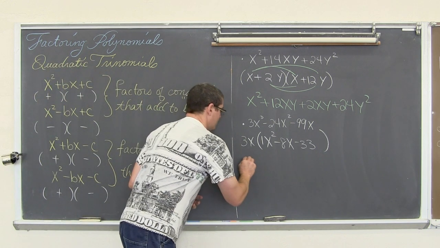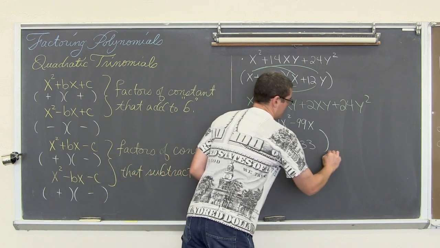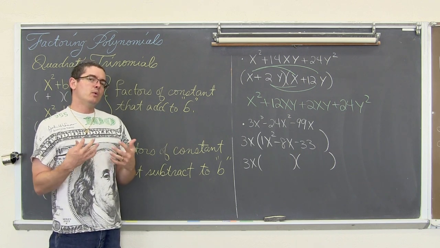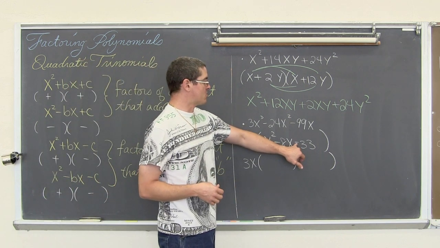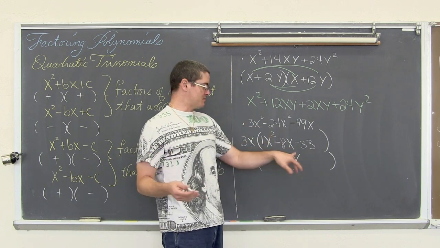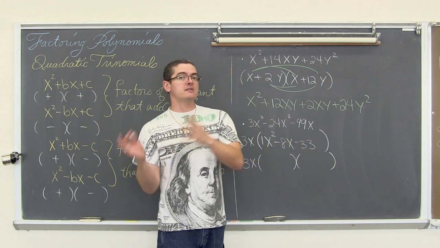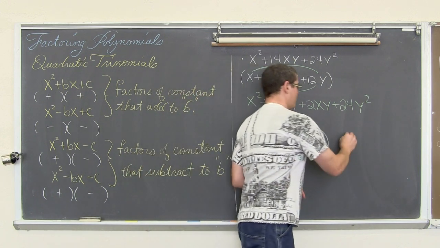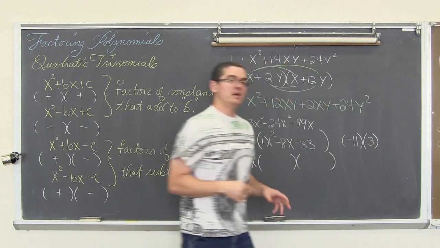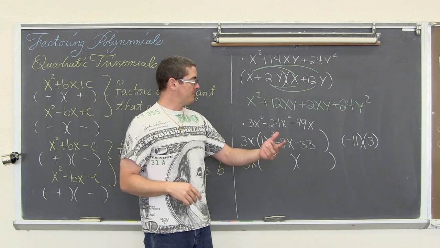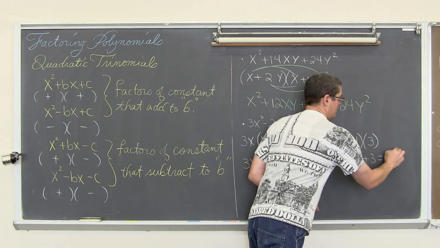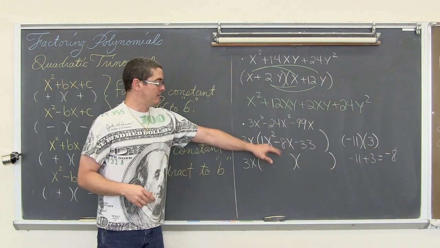And 33 is a little bit of a large number, but hopefully you're not that bad at doing mental math. Some of my students are, that are too dependent on their calculators. We want factors of 33 that subtract to give you negative 8. Well, this last term is negative, that means one of my factors needs to be positive, one of my factors needs to be negative, and we're going to be looking for negative 11 times positive 3. Negative 11 times positive 3 is negative 33, and negative 11 plus 3 is equal to negative 8, that middle coefficient that we need to match up with.